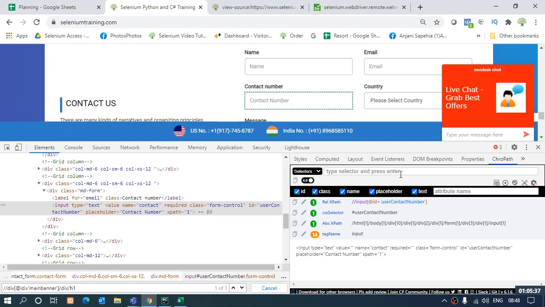On any element where your cursor has been and you have been looking for the page source, it will automatically calculate the XPath itself. You can see over here, first of all, it's giving me the tag name of the element that I have chosen. It's the input tag. I'm using the text box, it's the input tag. Then just above it, I have the complete XPath.